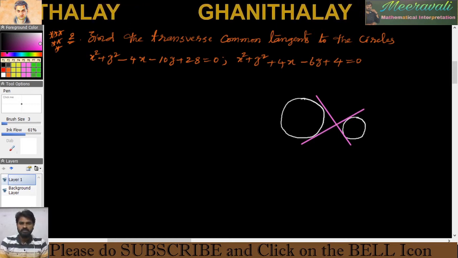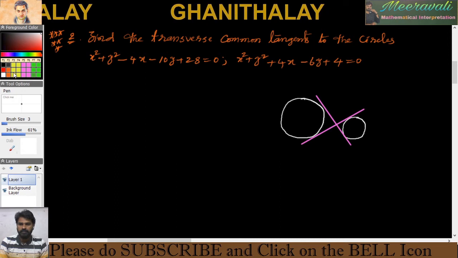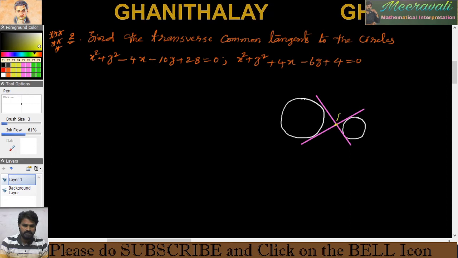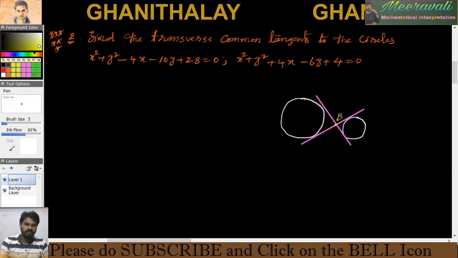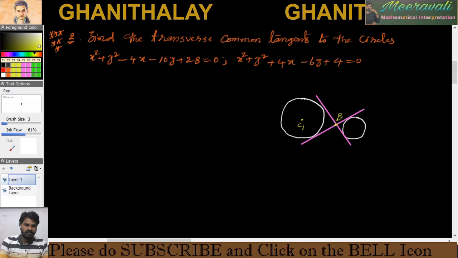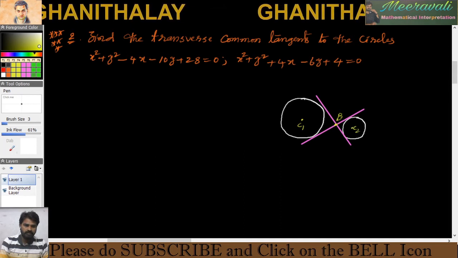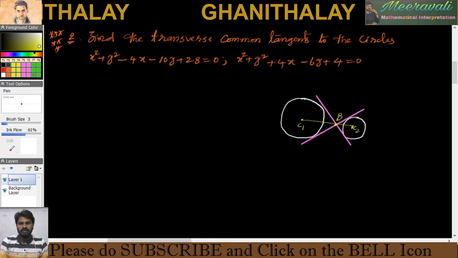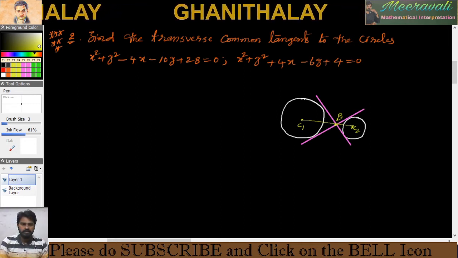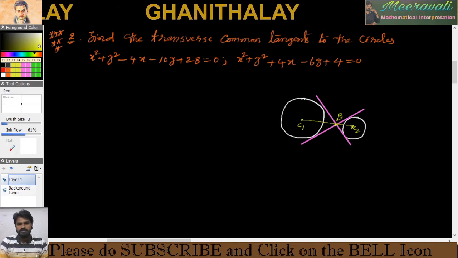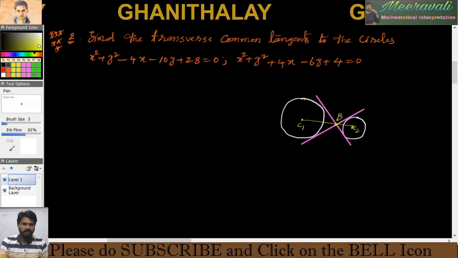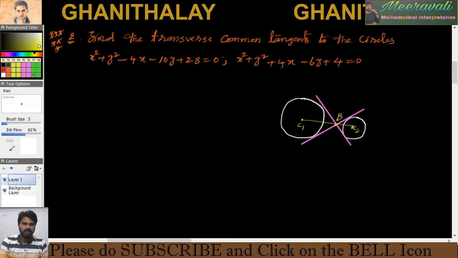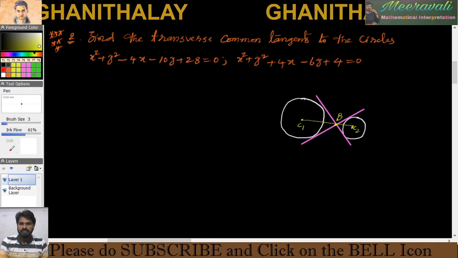So the transverse common tangents meet at a point here. This is the point of contact, say this is some V. So this is called the internal center of similitude of the two circles. So to find the transverse common tangents of the two circles, we need to find the internal center of similitude. If you find the direct common tangents of the two circles, you can go on to find the external center of